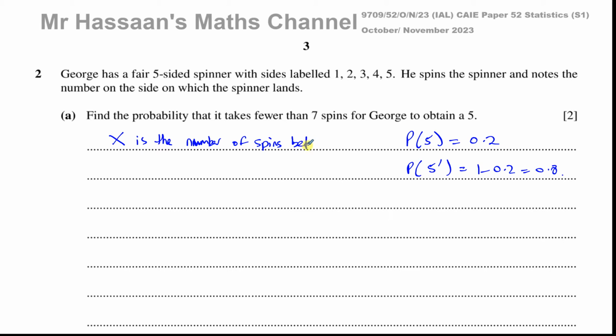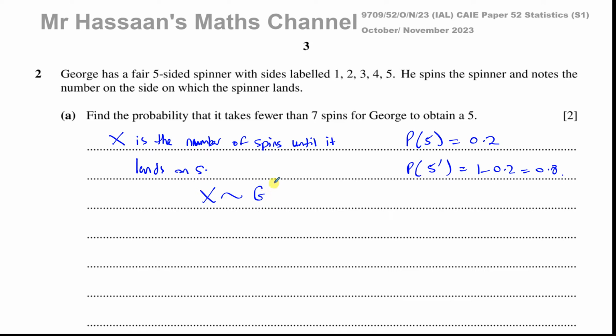before it lands. We can say, until it lands on a 5. Number of spins until it lands on a 5. That's what x is. So this is a special type of random variable which is called geometric, because